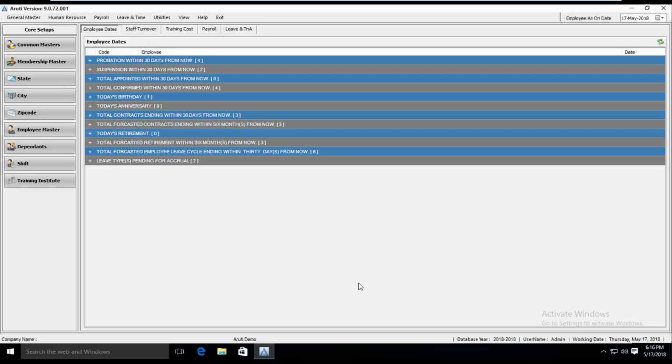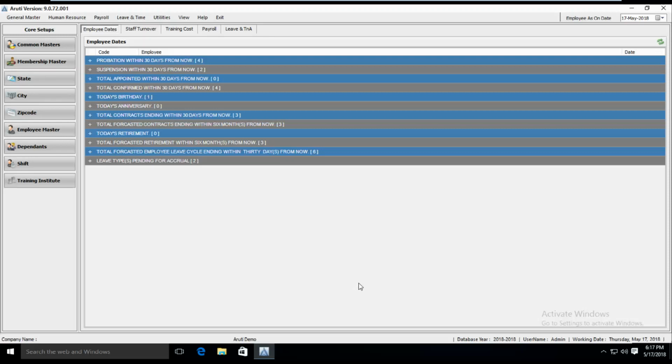So to have all those items on your drop down and maybe allow users to be able to select those particular items, you must have actually populated them on your common masters. So I'll just show you how to access the common masters and how to create new items in the list